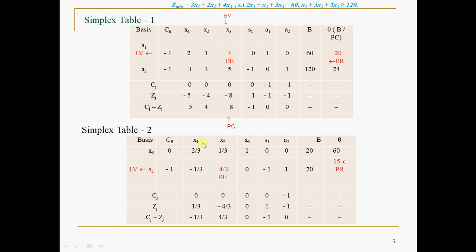Now this is 1. Which one is 1? See, x3. This has been made 1. In that process this became 1 by 3, because from here to here all the elements are being divided by the pivot element to make the pivot element 1 or unity. This one, see, 2 by 3, 1 by 3, 1, 0, 0, 20 and so on. Now the other elements of the pivot column you have to make 0.